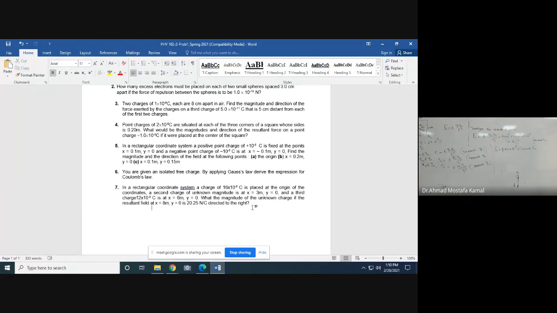Okay, and finally k q3 by r3 square, k given, q3 given, and r3 given. In this equation, only one unknown quantity q2. So find it out. Okay, so it is actually a simple problem. If you could draw the figure, আঁকা মাত্র এটা ইজি হয়ে যাবে, আর কিছু না।